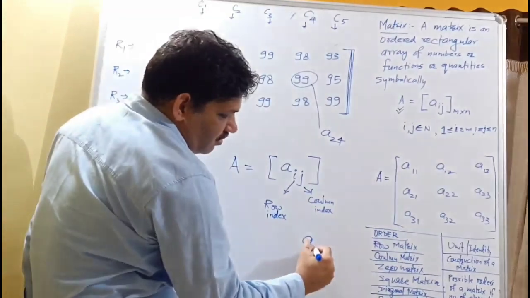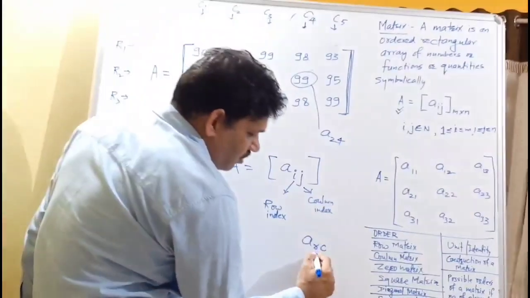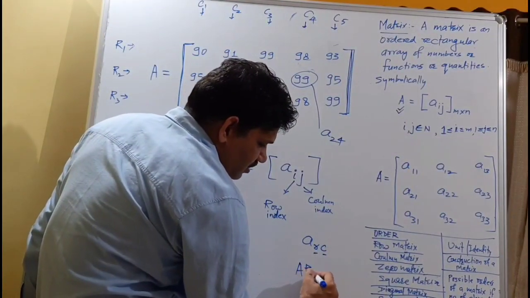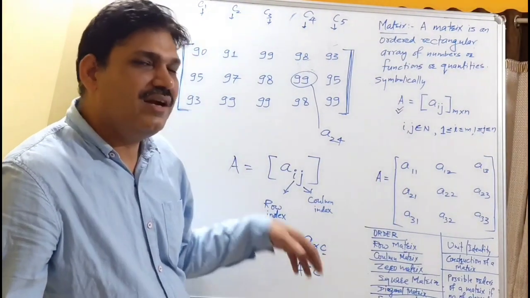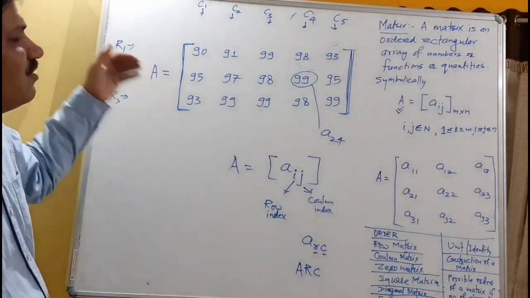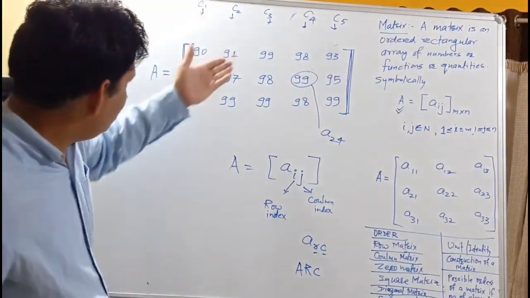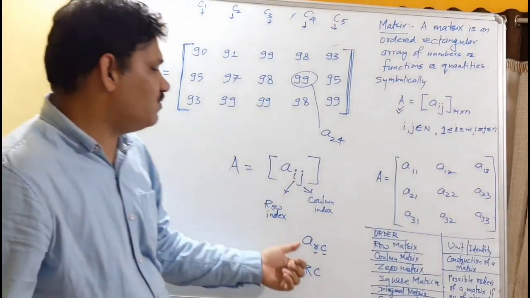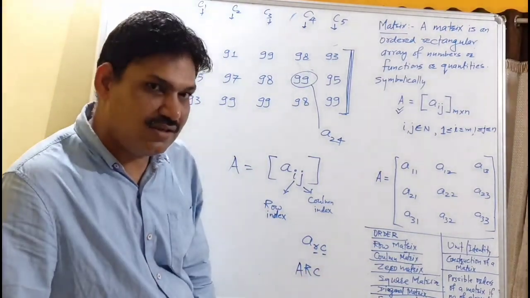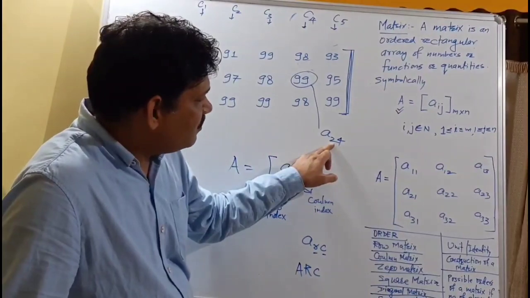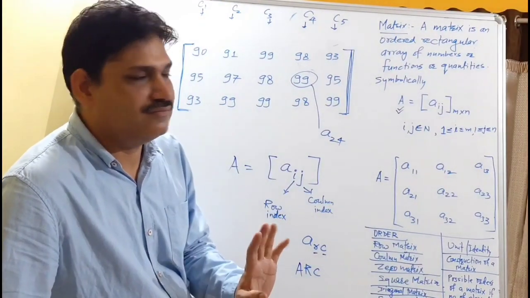To remember that, first row comes, then column. Row, column. The word ARC, A, R, C can help. Element a, row, then column. And in general, if you want to see the marks of Akbar, you will go to Akbar's name, then you find the subject corresponding entries. So row comes before column. A, R, C. Is it clear? So the first subscript denotes the row index and the second denotes the column.